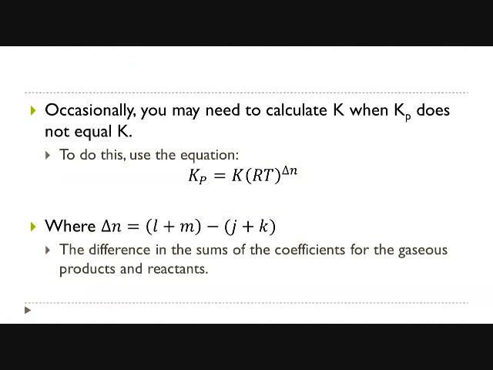Occasionally, we did talk about Kp last week. Kp just means that it's the constant that's developed from pressures. Sometimes the Kp does not equal the K. Sometimes instead of just K, it's Kc for concentration. So if they're not equal, then we could use this equation right here, where the R is still,